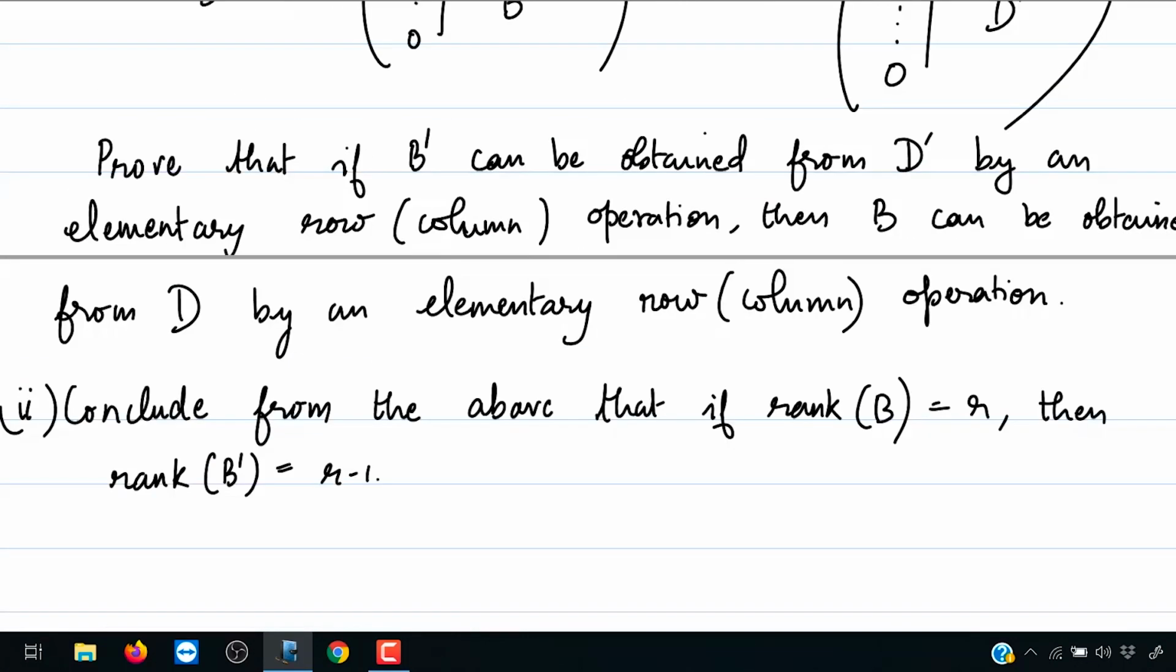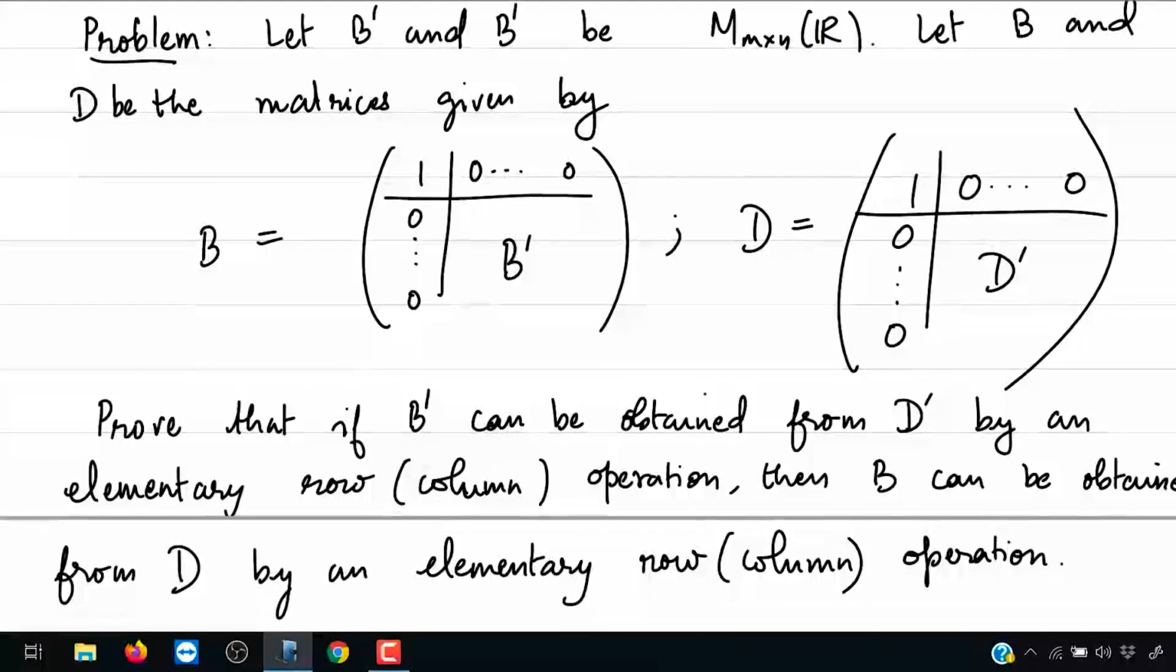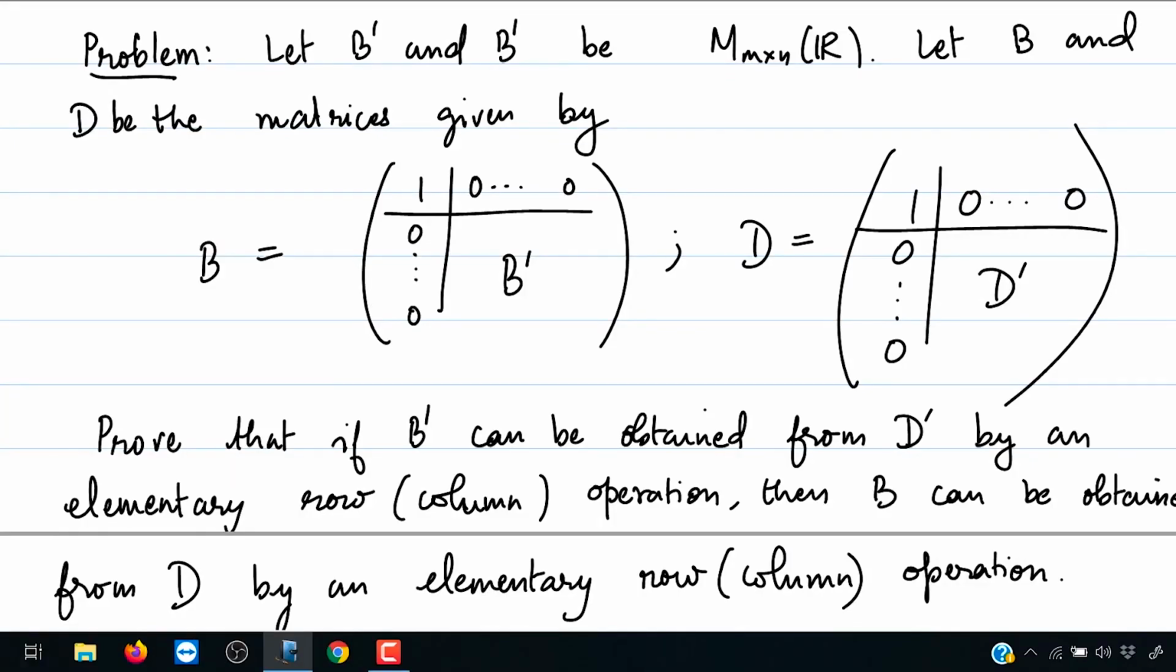So let's look at the problem once more and try to see what it says. The problem says that you are given two matrices, B prime and D prime. Suppose B prime and D prime are two M cross N matrices such that you get B prime by applying a row operation to D prime. Suppose B is obtained from B prime in this manner, and D is obtained from D prime in this manner, then we have